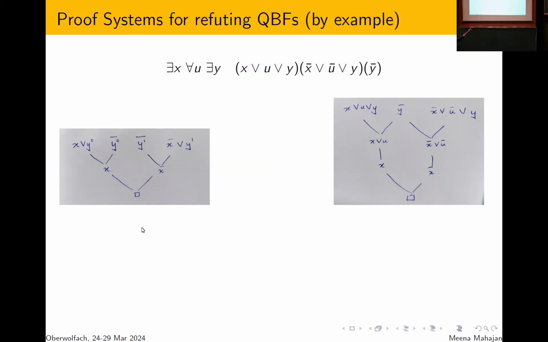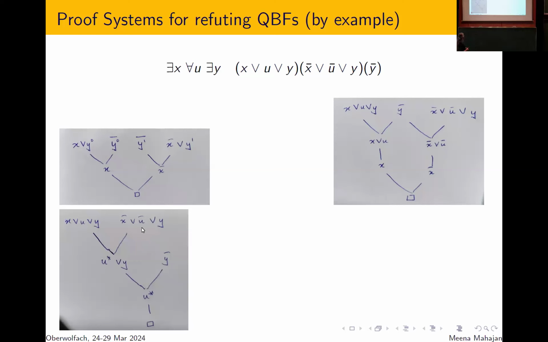Similarly, u can be removed from the other clause x bar or u bar, and now you have these two unit clauses which you can use. So this is the reduction rule. If you derive a clause, or in general it could be any more general line, in which there is a universal variable which is kind of trailing, in the order in which variables are played in the game, it's the last variable to be played in that particular line. Then it can be completely removed from that clause. It could be instantiated in either way. So with this reduction rule, the reduction rule and resolution together gives us a sound and complete QBF system.